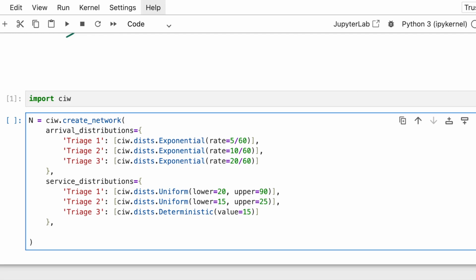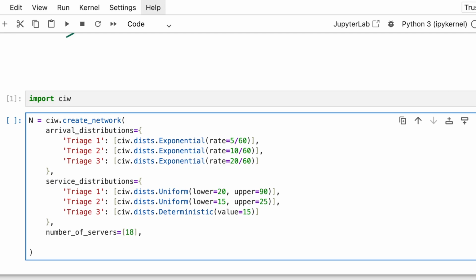We now have to define the number of servers. There are 18 servers. Notice the number of servers isn't split between different classes because all customer classes use the same pool of 18 servers. There is no need to define routing here because there is only one service center, but